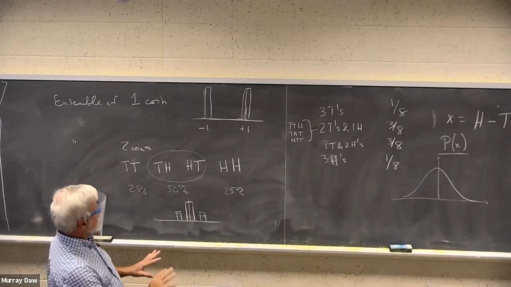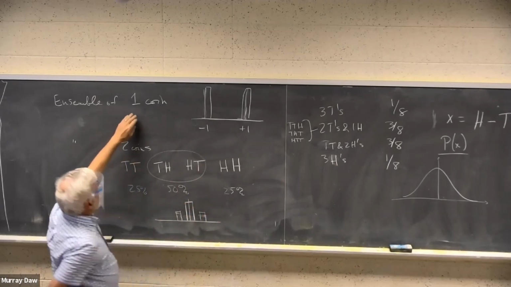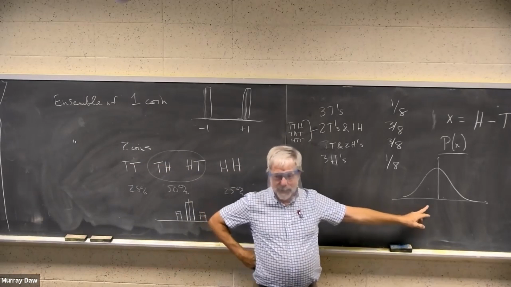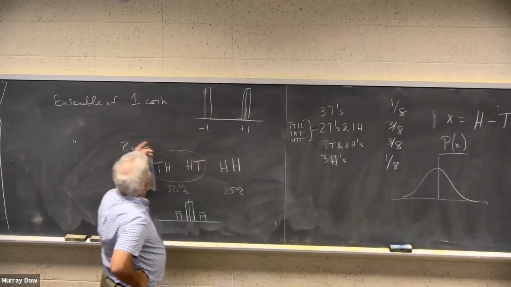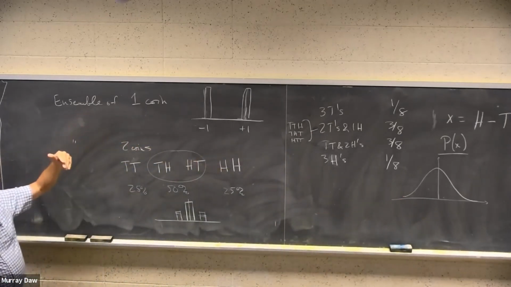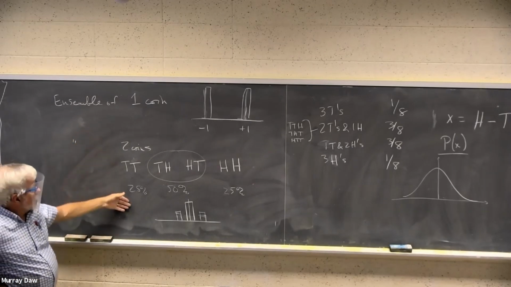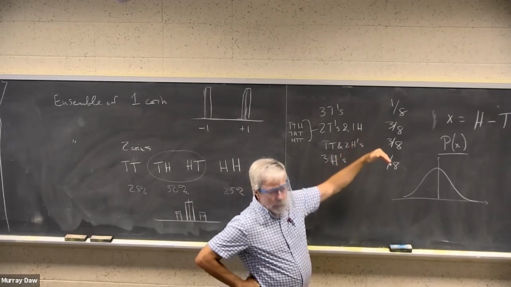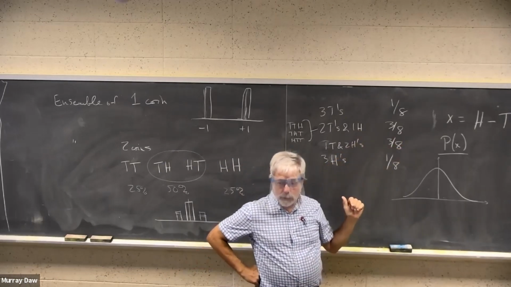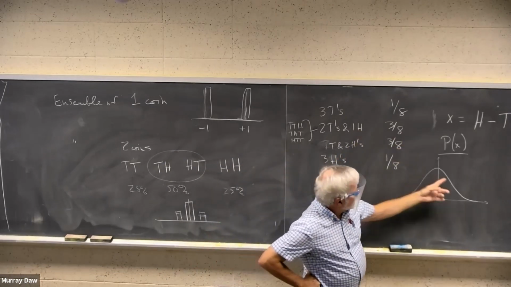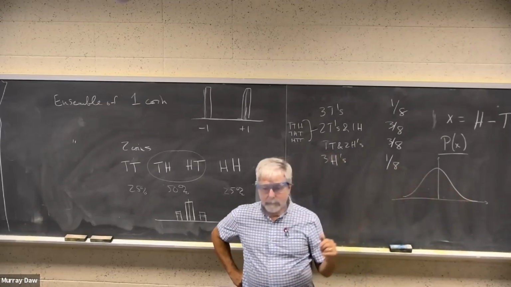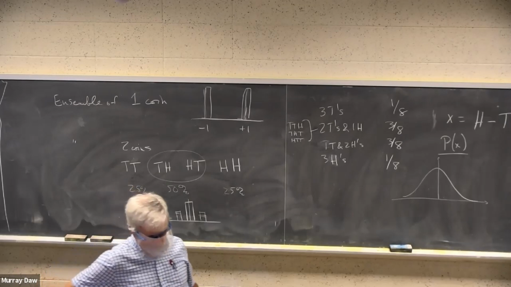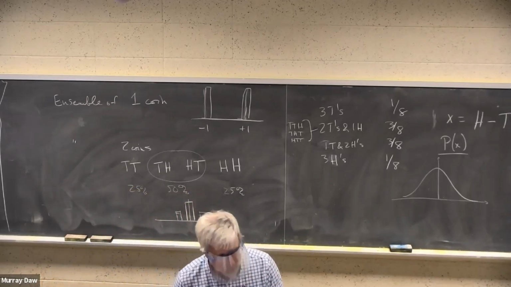So you're going to work with this, starting off with 1 coin, 2 coins, working up your way to 100 coins. And we could do the same random walk with 1 coin, 2 coins, 3 coins, right? So you're going to get a distribution of heads versus tails, and you're going to study that distribution. It gets closer and closer to what's called a Gaussian. So let's study that a little bit more. Do you have any questions so far?